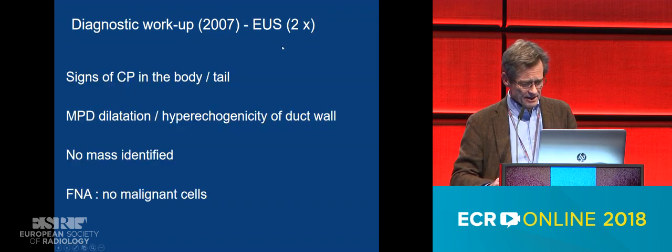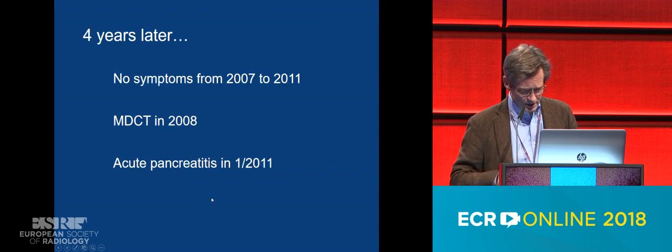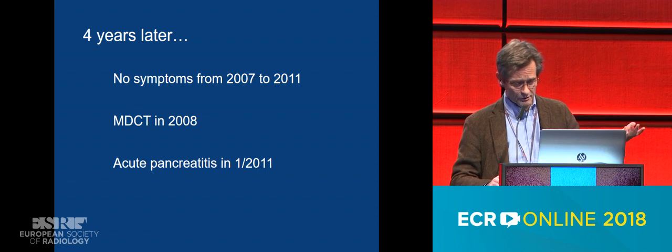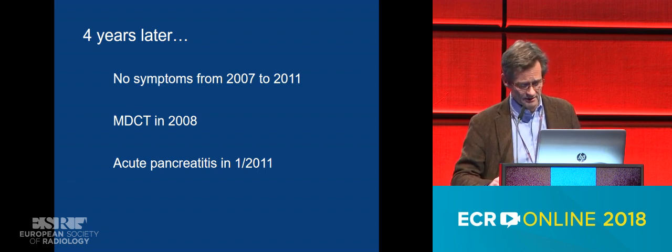So she had an US also twice in 2007 that displayed signs of chronic pancreatitis, but this we knew already. The dilatation, we knew it already. Hyperechogenicity also. No mass was identified, and again an FNA was performed randomly without malignant cells. So the patient went back, since there was no malignancy demonstrated, and 4 years later, without any symptoms between 7 and 11,